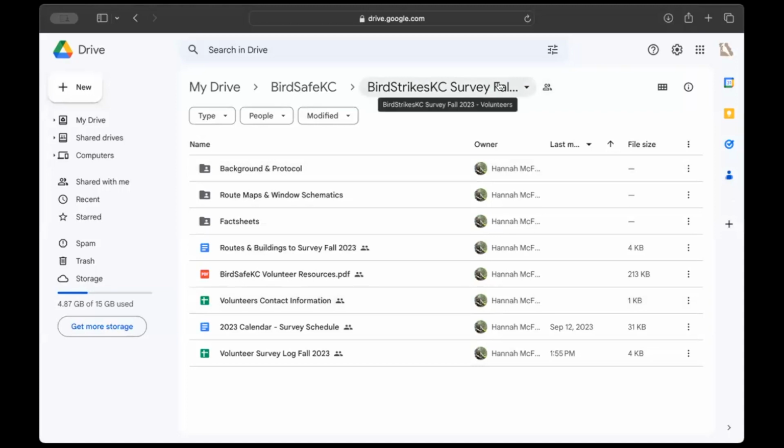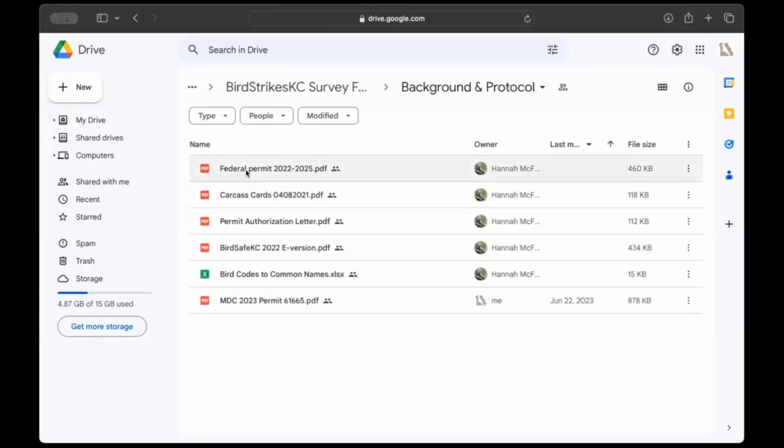This is the fall 2023 volunteer folder. And in it, you have background and protocol, and that has our permits, if you are ever asked for permits. It has carcass cards that you can print out at will. It has reports, more permits, all kinds of permits,